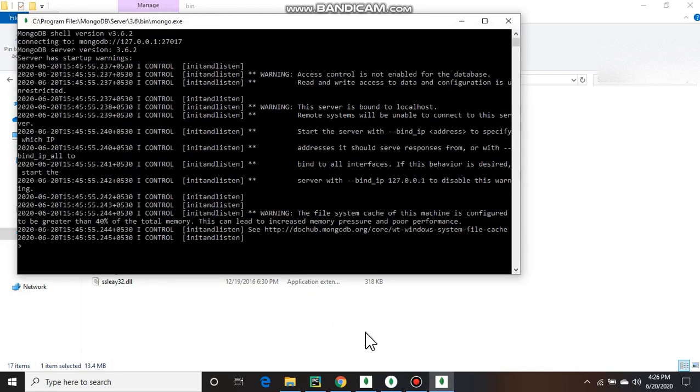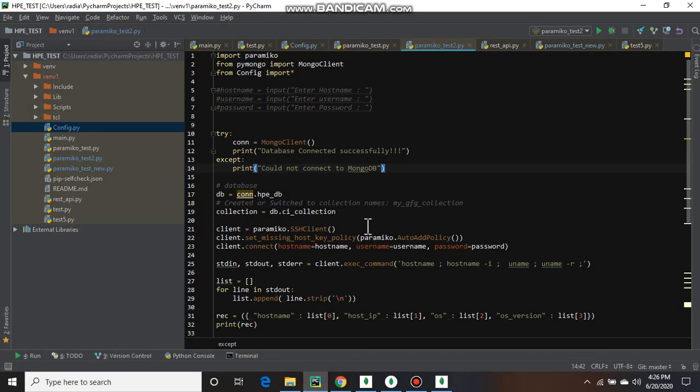Then you need Python libraries to connect with the target machines. I use the Paramiko Python library to connect with the target host, and I use PyMongo to connect with the database. The main overview of the script is that it will connect to the target host, run hostname and a couple of simple commands, get the output and store it in the database. This is a very simple project, so let me explain step by step.